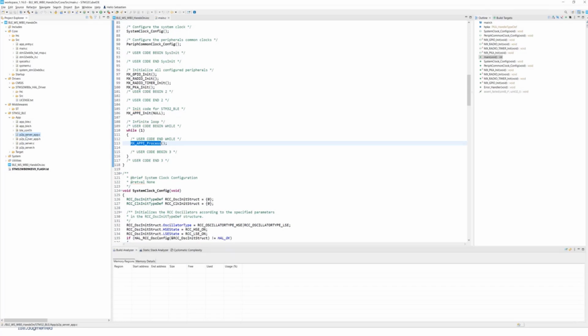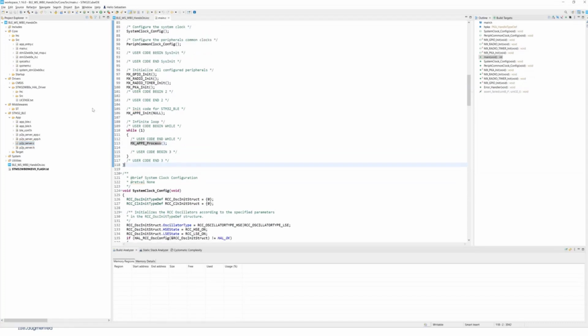Then we have the peer-to-peer server underscore app. This is the application code related to the specific service, here the peer-to-peer server. And then we have the peer-to-peer server.c. This is the file that is managing our peer-to-peer server service.